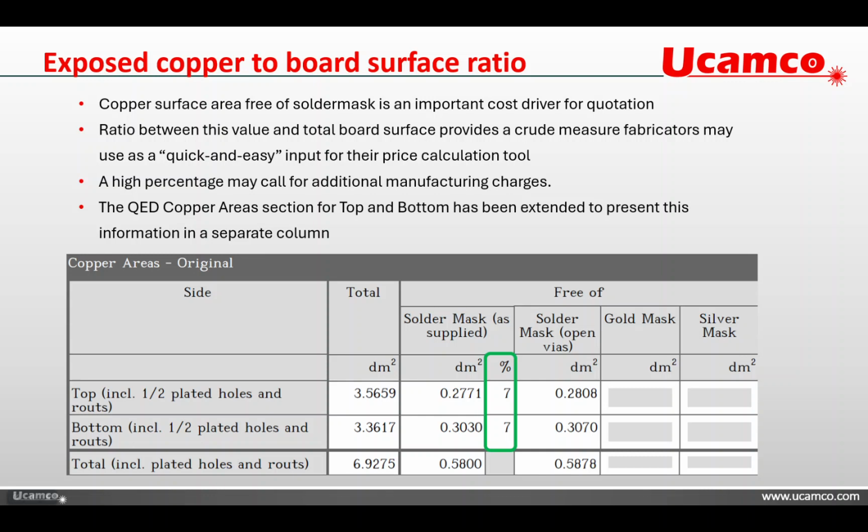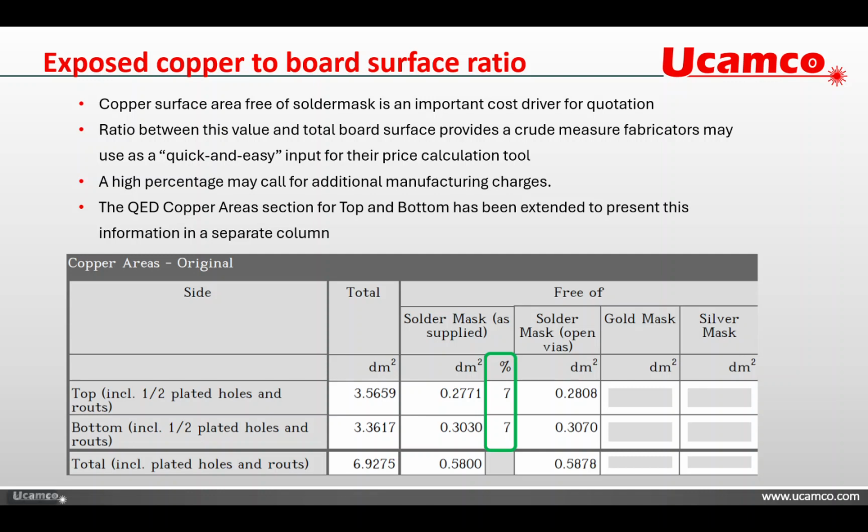Now, a number of fabricators had mentioned that, as a crude measure or as a rule of thumb, they look at this area of exposed copper and relate it to the total board surface. So you think of the outline of a board that has a certain square decimeter value, and then the exposed copper is also a surface, with the same square decimeter unit. What they say is, okay, if you relate these two together as a ratio or as a percentage, if you would,